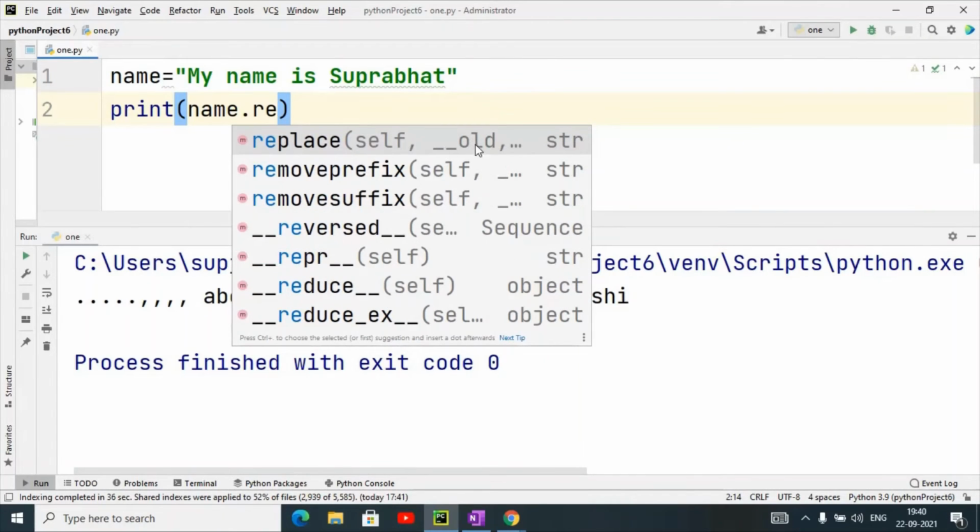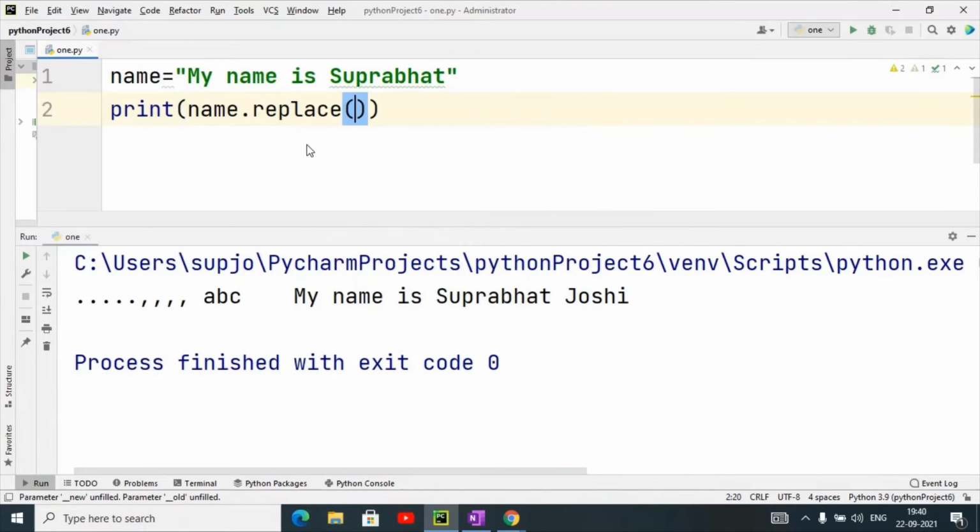You can see the syntax: old value, then new value. I give Suprabhat as the old value, and the new value, suppose Rohan.